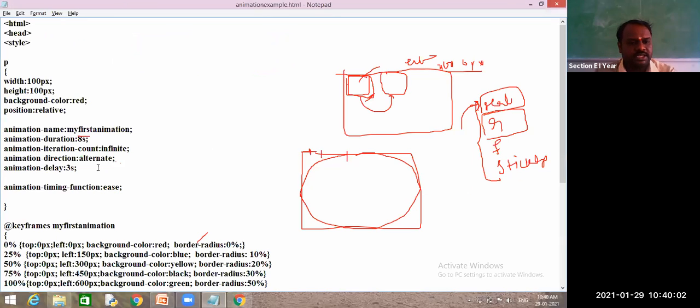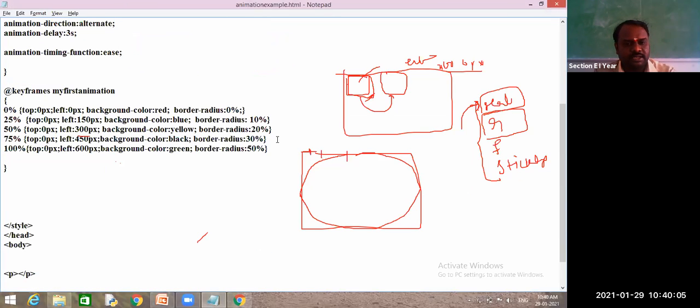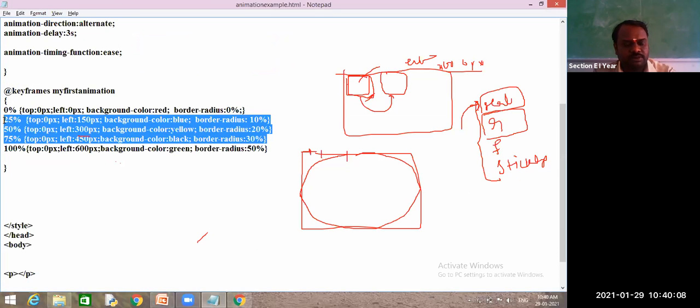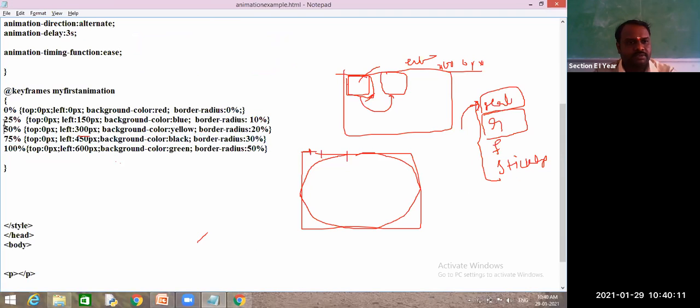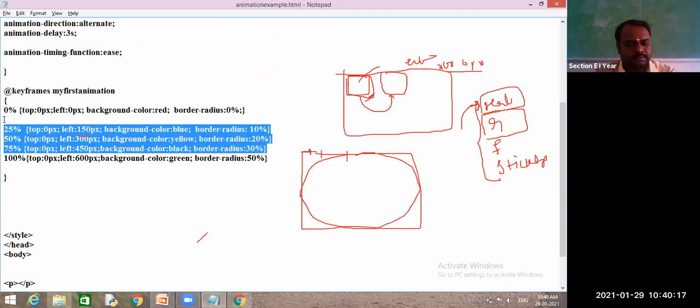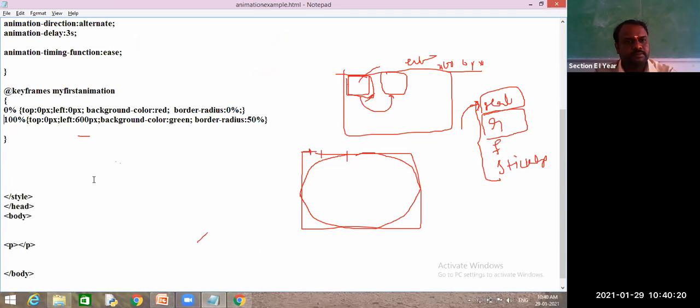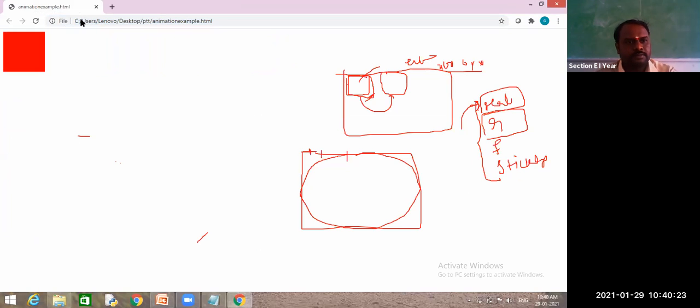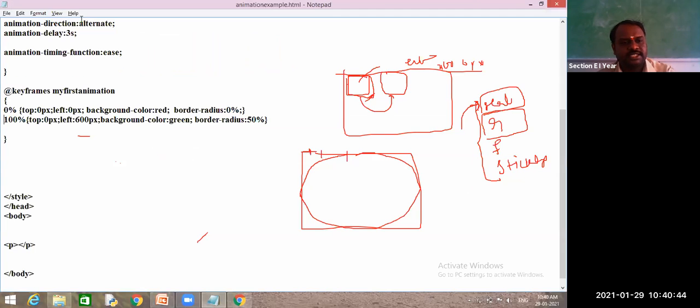I won't give this many keyframes. I will give you only 2 things, 0% and 100%. Now you understand well. I will make it comment lines. Three seconds. So what did you observe? Starting with slow, it became somewhat fast, again slow. Slow, again it became somewhat fast, again slow. Okay, so this is ease.